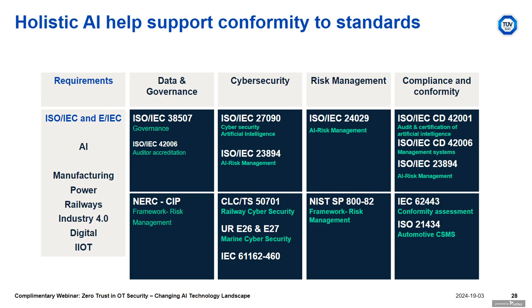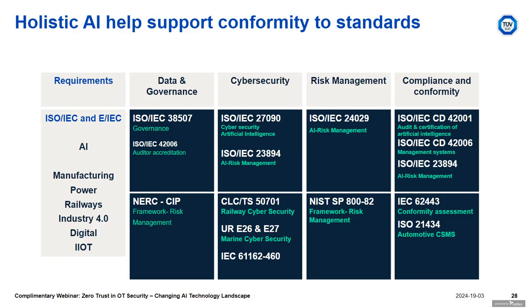But considering the various cybersecurity standards being used, like in railways, we use 50701. So it's not manufacturing, but railways. But what is the standard you correlate with it? If you have railway-based AI solutions deployed and connected with your automation process technology in railways, you will follow 27090 as a cybersecurity standard, or 23894 as an AI risk management framework, which helps to correlate the outcome of those solutions and link with the assessments you're performing, maybe in marine also.